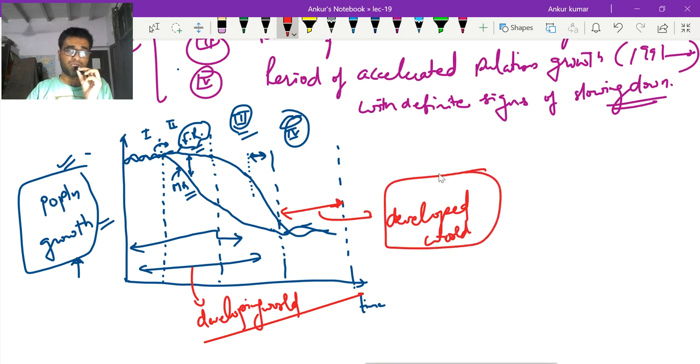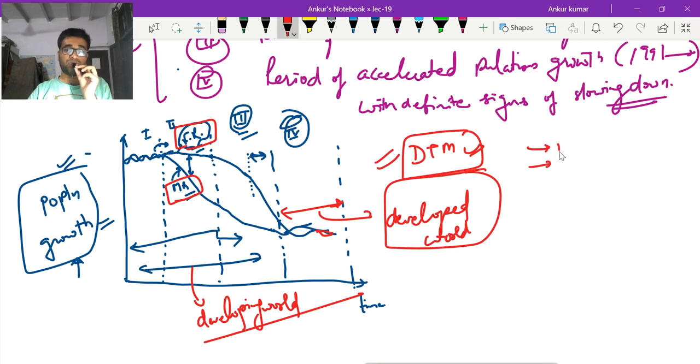This is very brief of the demographic transition theory, and we will discuss the demographic transition theory in detail. What are the factors, in addition to the fertility rate and mortality rate, that affect population growth, and how do they change? All the factors we will discuss when we discuss the population theory, because population theories